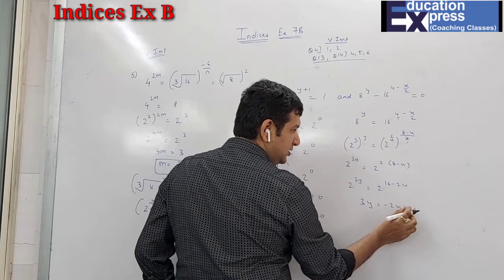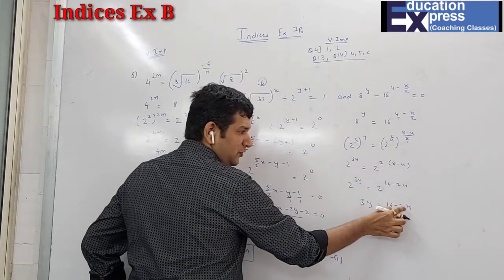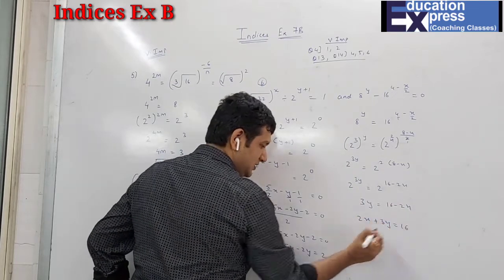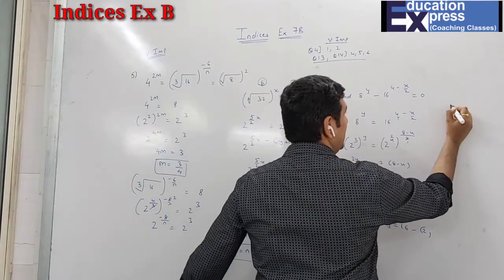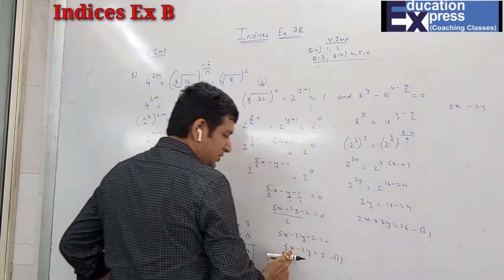Always try to get your x positive. The x will come on this side. It will be 2x plus 3y equals 16. Equation 1, equation 2. So now students, in standard 8, we have done that when there are two variables and